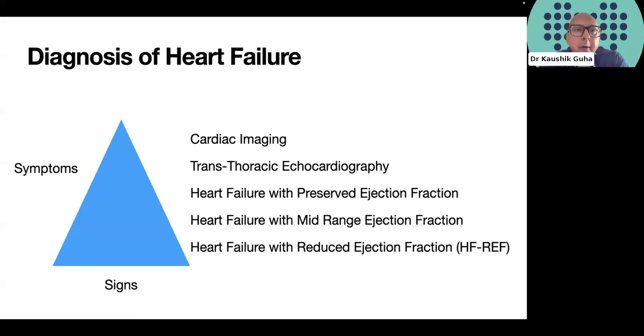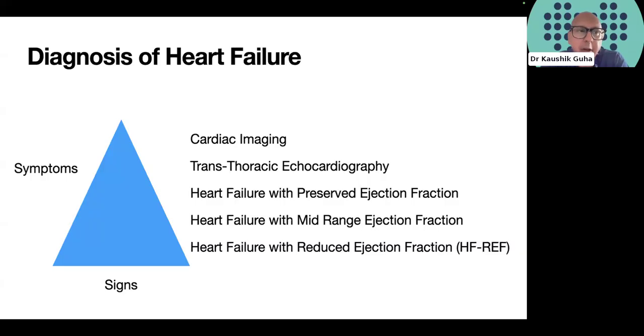So in terms of heart failure, when we talk about this label or we see it in our clinic letters or our coding systems on the primary care record or our computer screens, we have to be very clear what we are discussing and what we are labeling our patients with. And this is a triad in terms of the diagnosis. There is the combination of symptoms, what our patients report to us, with regards to breathlessness and fluid retention, such as edema, the position they sleep in terms of paroxysmal nocturnal dyspnea or orthopnea, the number of pillows, the signs when we examine the patient, and critically, some form of cardiac imaging.